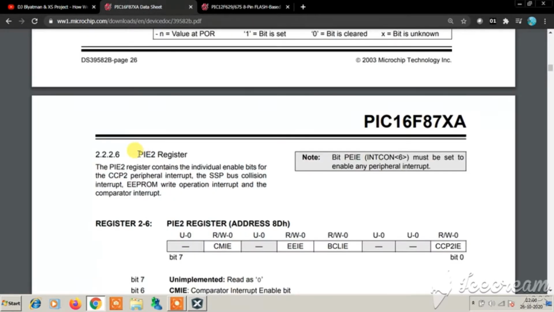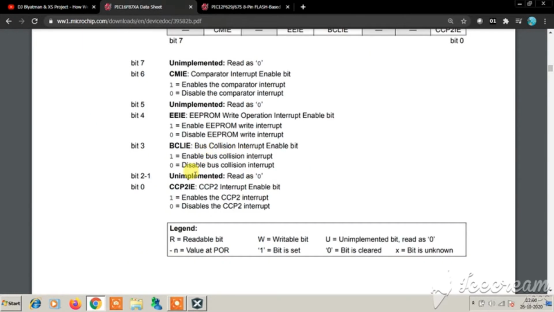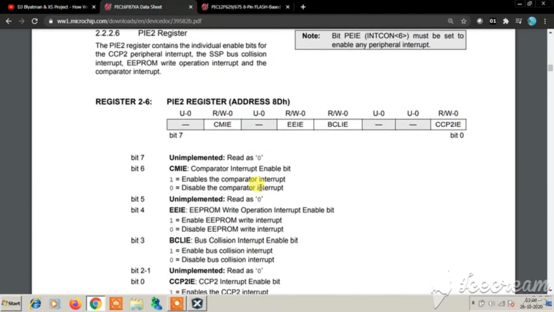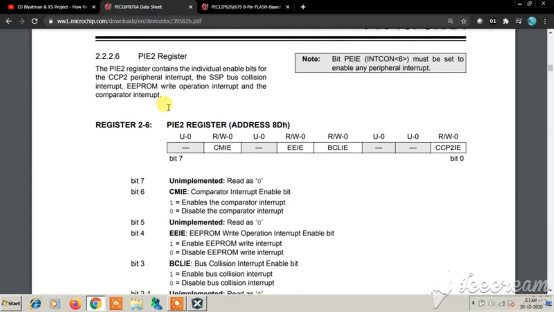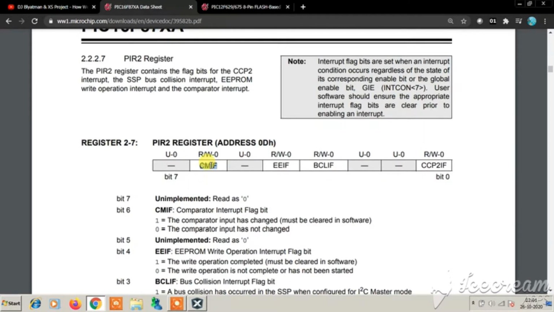Now again the PIE2, this is for the CMIE, the comparator interrupt enable bit, the EEPROM write operation interrupt enable bit, the bus collision interrupt enable bit, and the CCP2 interrupt enable bit. This is the PIE2. And again we have the PIR2. So PIE2 and PIR2 are both interrelated. These are for the flag bits.